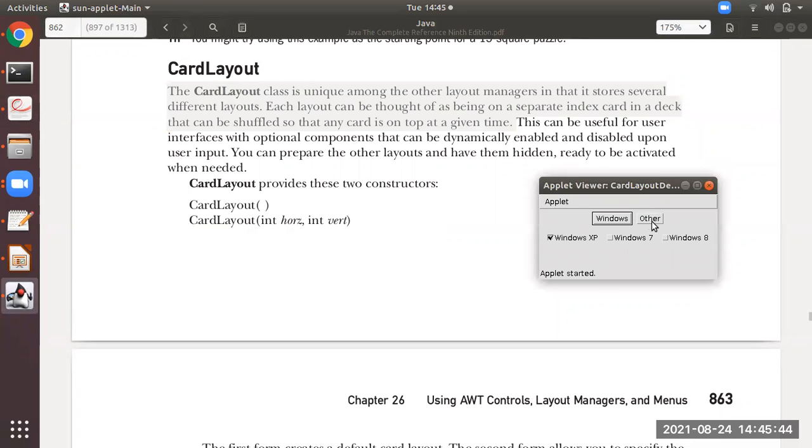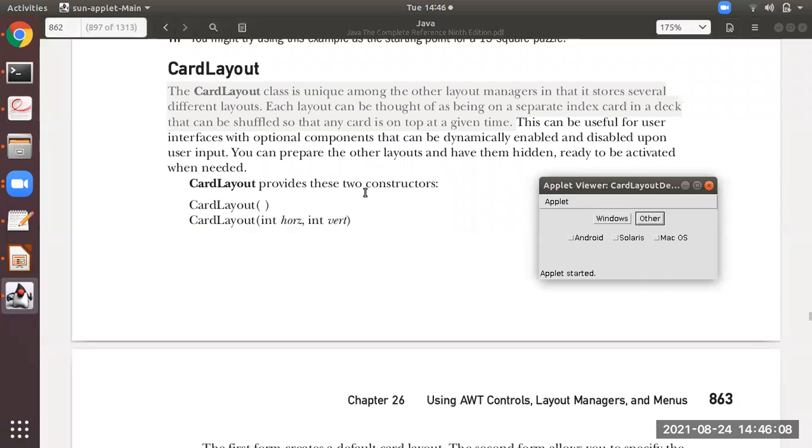See, this Windows button is there now. I'm clicking this. You can observe, you can see the options for the Windows operating system. Now, what I'll do is I will click the other button. You will see different options now. I'm clicking Other. See what it is displaying. It is displaying some different values, checkboxes.